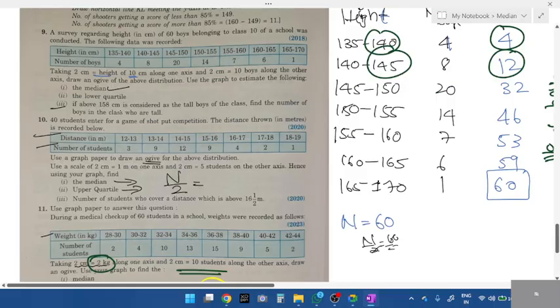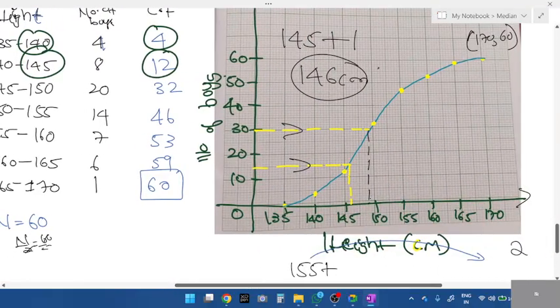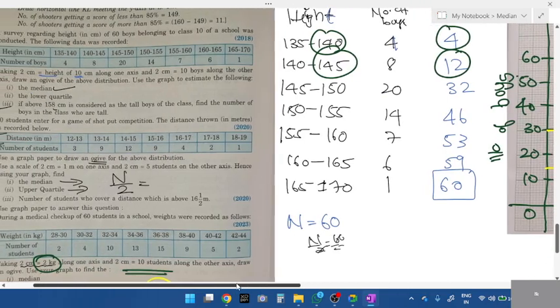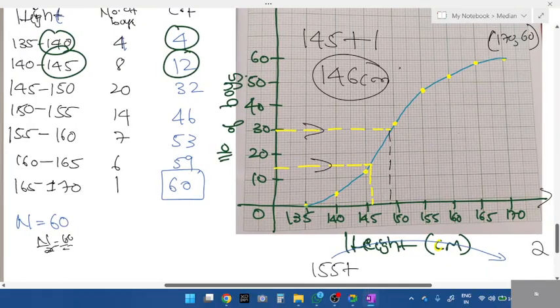If 185 centimeter is considered as tall boys, where is 185 centimeter? Where have we taken height? X axis or y axis? You have taken it in the X axis, right? Height. So what is given here? 158 centimeters. Now 158. There is only 155 and 160, students. If you want 158,